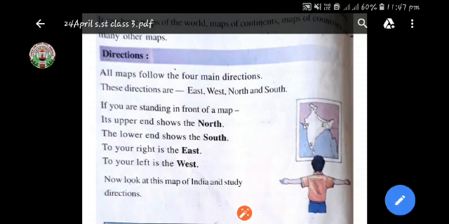Direction is defined as the path that something takes. The path must be taken to reach a specific place, the way in which something is starting to develop or the way you are facing.